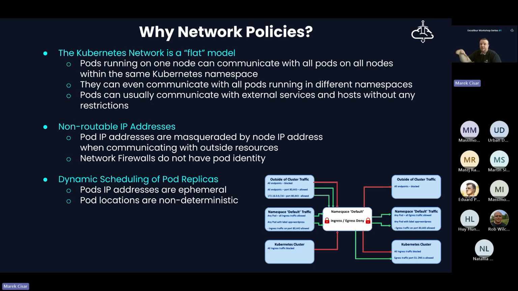So we are not able to utilize functionalities on next generation firewalls because basically we lost the information about the source, about the identity of the source. Since we do not know the original IP address, we do not know the name of the application. Also, we do not know what kind of traffic we should expect, since the traffic could be SSH, RDP, web-based traffic, and so on and so forth.